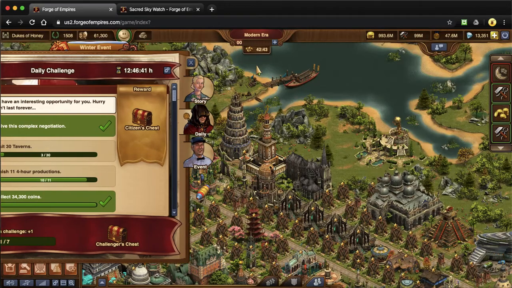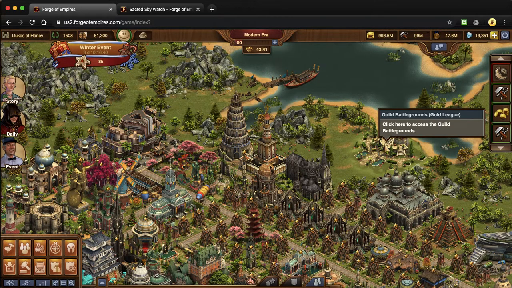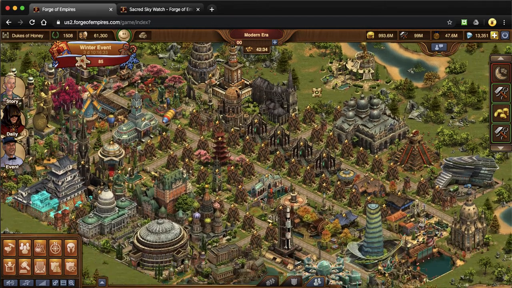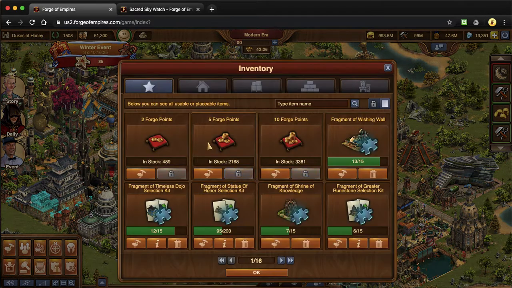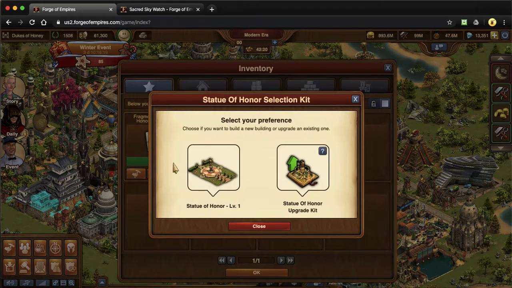The next is this new guild Battlegrounds. Like I said, you can get forge points by doing encounters in it, but there's also a new building called the Statue of Honor. Mine is only a level 2, but even at level 2, it gives me 3 forge points. But I'm going to pop into my inventory so you can see what it looks like at its max, which is a level 5. So at level 5, you will get